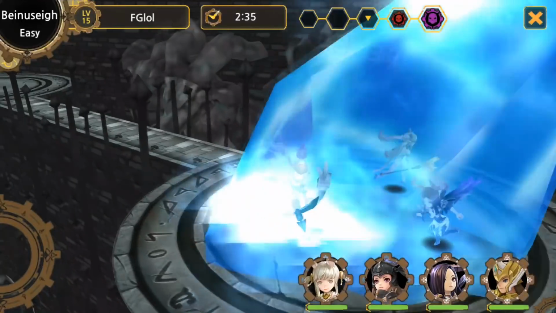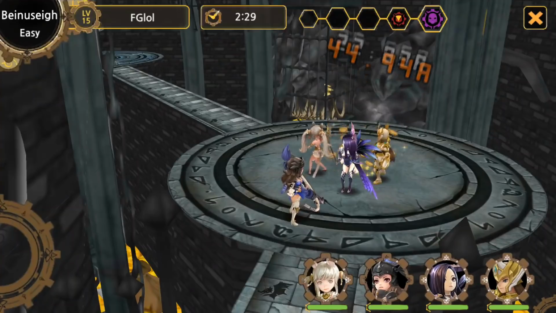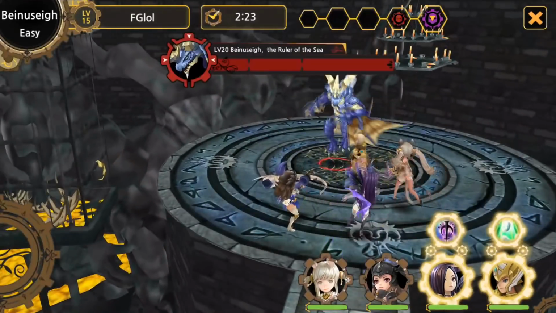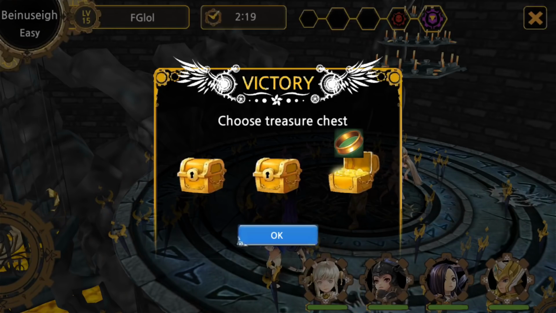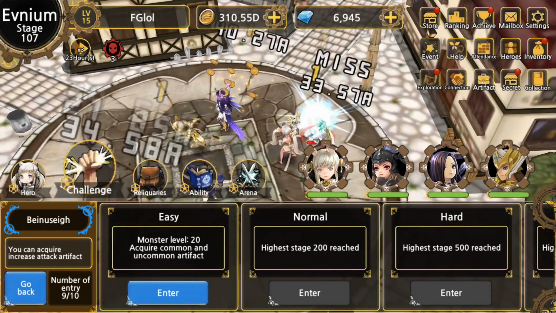So we'll just kind of go through that. Kill these random polar bears, and then we'll fight the boss towards the end here. And here is the boss. Once again, I'm super strong, so I can just rip through him very easily. Got the treasure chest, and as you get stronger and stronger, you will continue to level up and